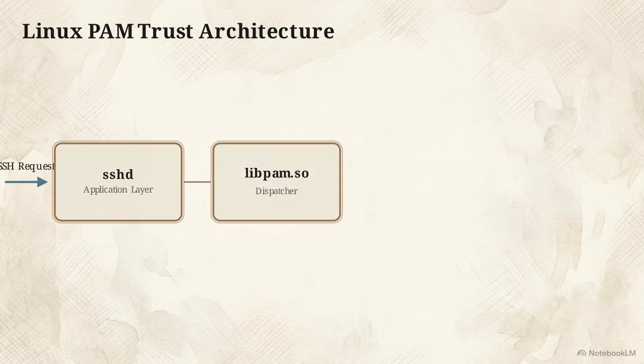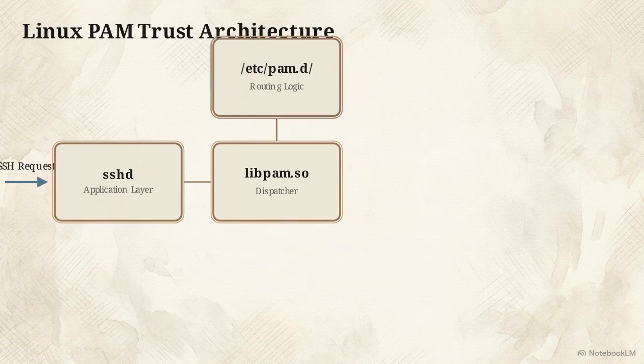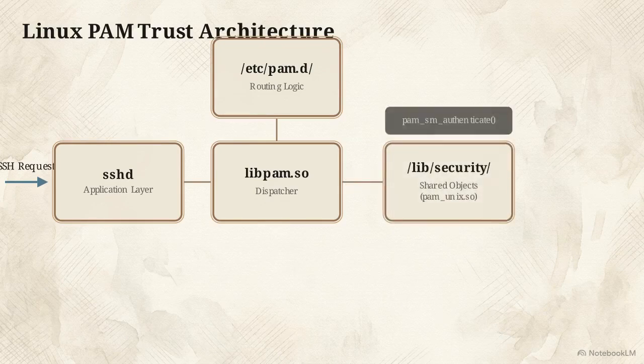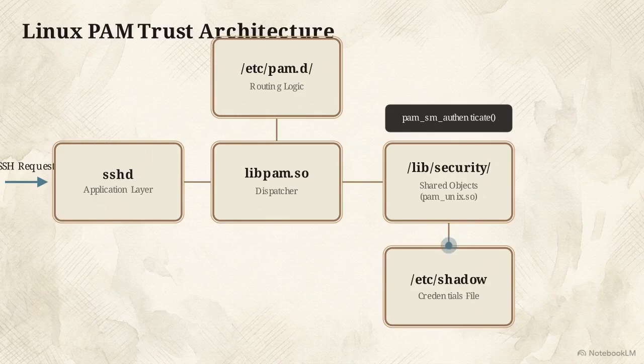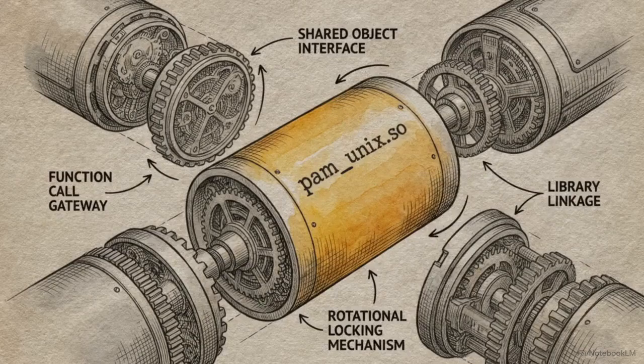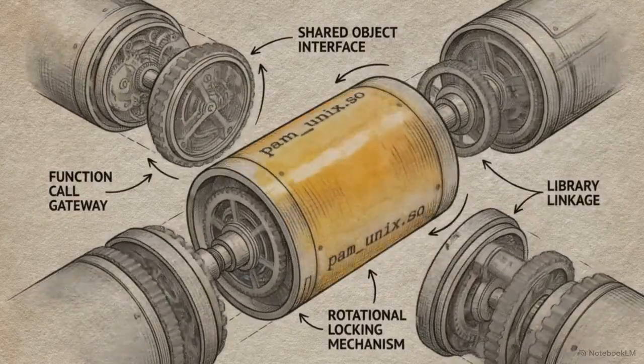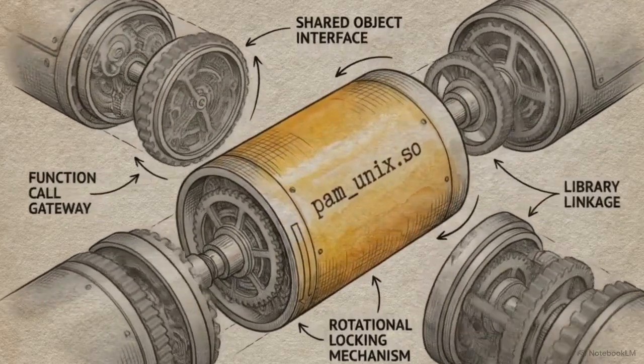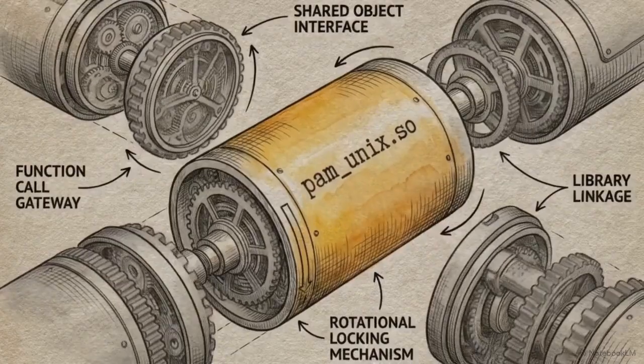It hands the request to the central libpam library. libpam then consults the configuration files inside the /etc/pam.d directory to determine the routing logic for that specific service. The final step is the execution of shared objects, like pam_unix.so, located in the /lib/security directory. These interact with the shadow file to verify the user. Because the operating system implicitly trusts these shared objects, any entity that controls the .so files controls the system's concept